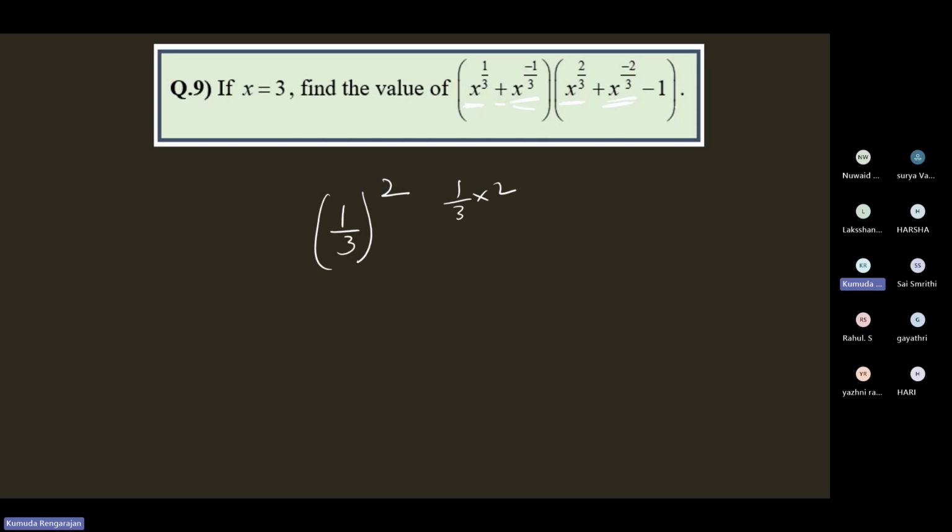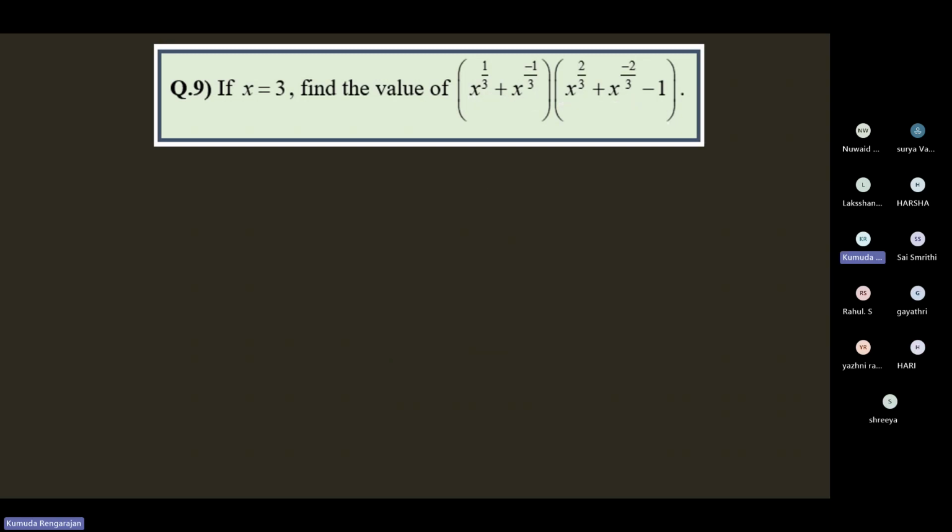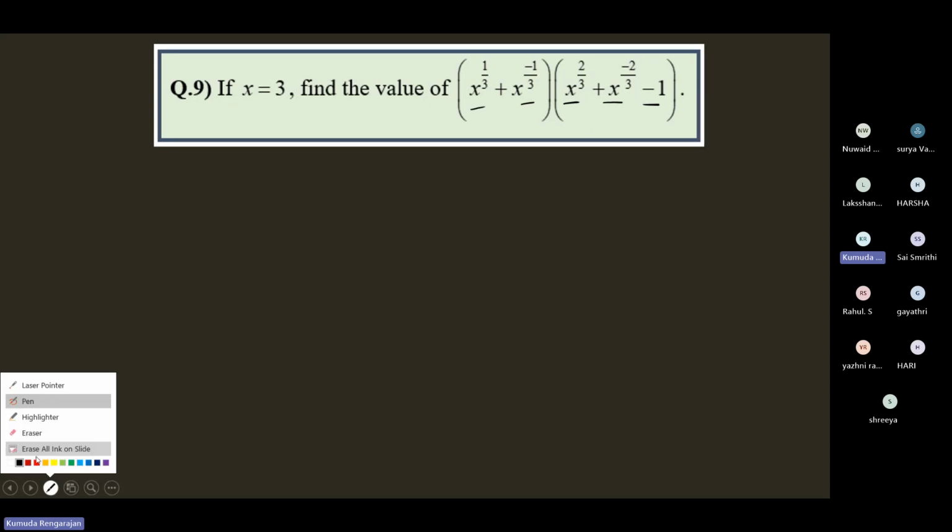And this one, when you multiply these two, you'll get 1. Because x to the power 1 by 3 into x to the power minus 1 by 3, when you multiply, add the powers. So x to the power 1 by 3 minus 1 by 3, x to the power 0, which is 1. So we see some connection between the terms in the second bracket and the terms in the first bracket. There is a connection between these three terms in the second bracket and the two terms in the first bracket. What is the connection? The connection is